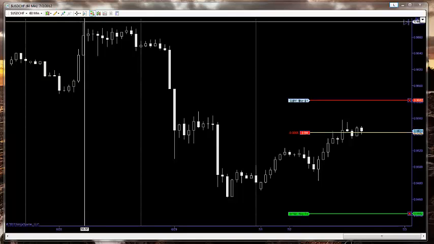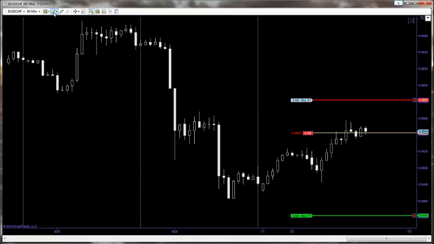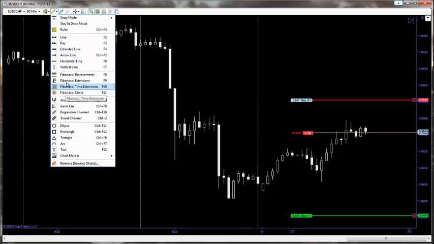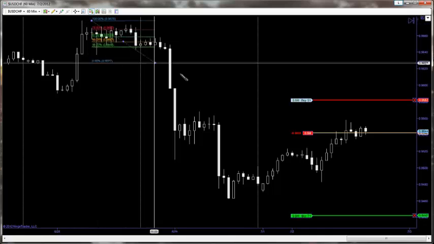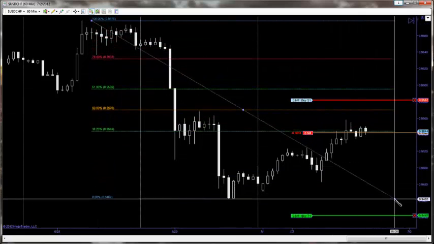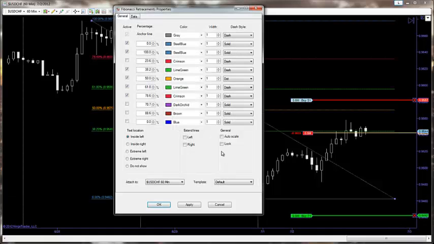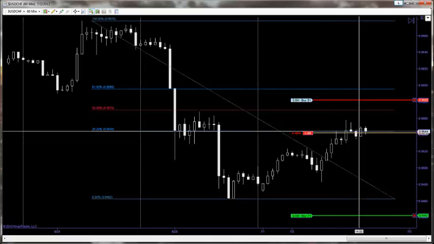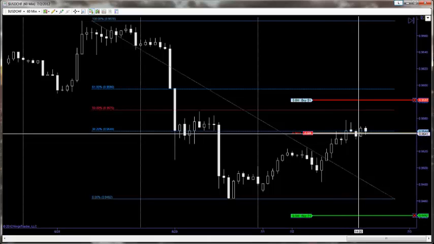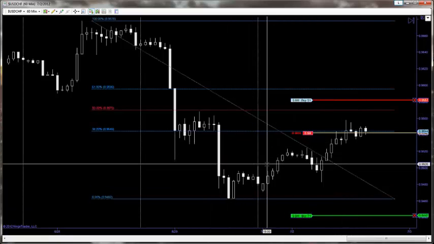But right now I'm going to draw a Fibonacci ratio from this high, which is the absolute high, to this low, which is the absolute low. I'm going to change the colors to make it a little easier to see here. And we see we have some resistance here. This is in part an influence for me in taking this trade, but the real reasons why we have a